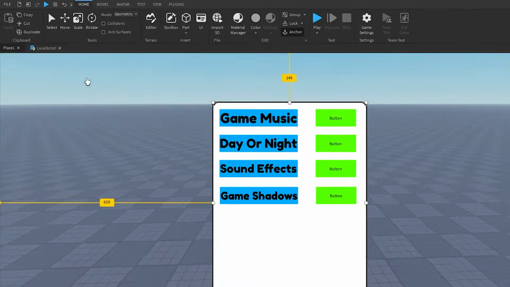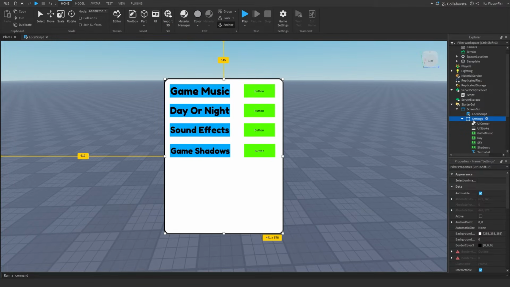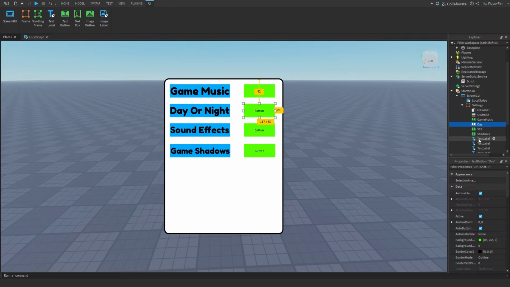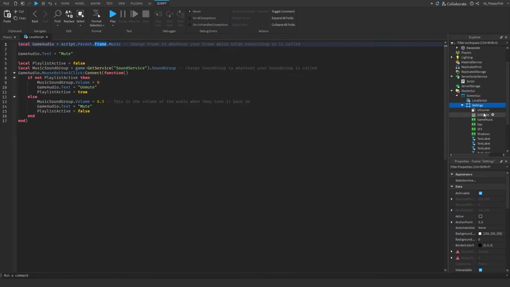So as you guys remember, our main frame is called settings, which is holding our game buttons, which are holding our text labels. We want to change frame over here to whatever you named your frame. So for example, I changed mine to settings, so we're going to change frame to settings. So then it goes here, local game audio equals